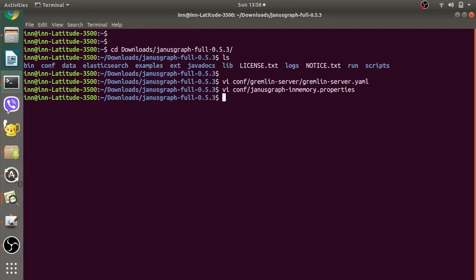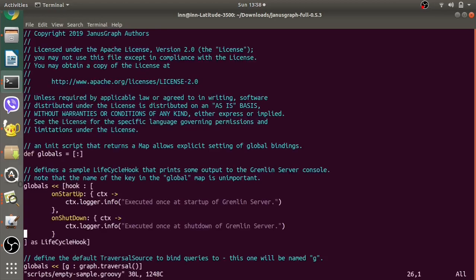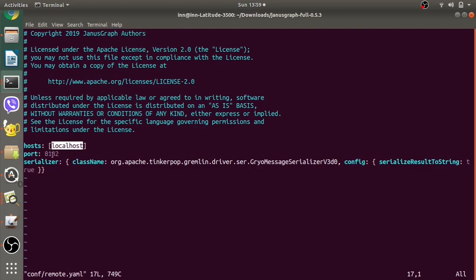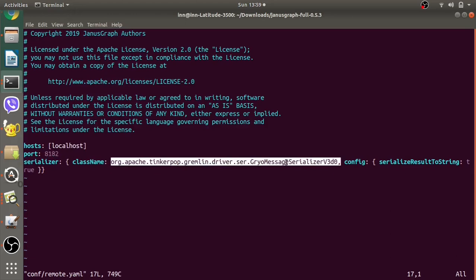Let's check the third one now, located in scripts. It is creating a traversal variable and assigning it to g. Now let's see the remote.yml located in conf, having localhost as the host, port as 8182 and serializer as GryoMessageSerializerV3d0.